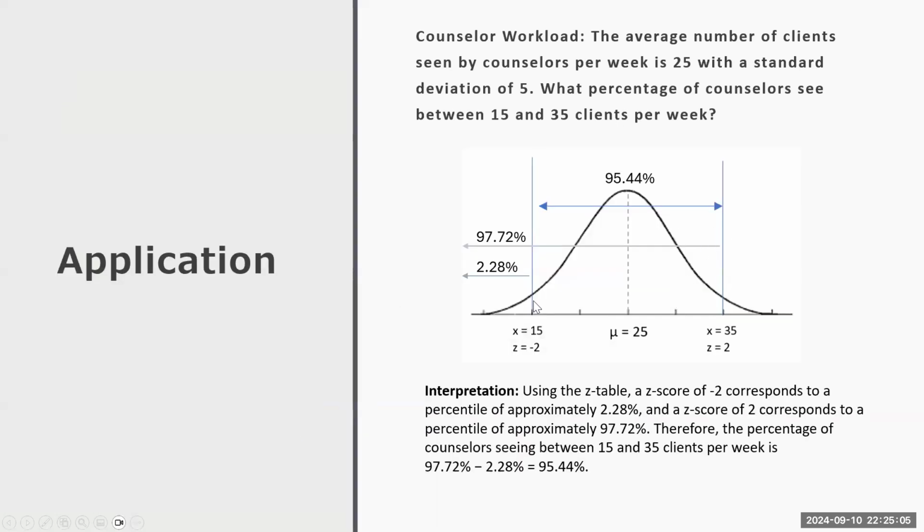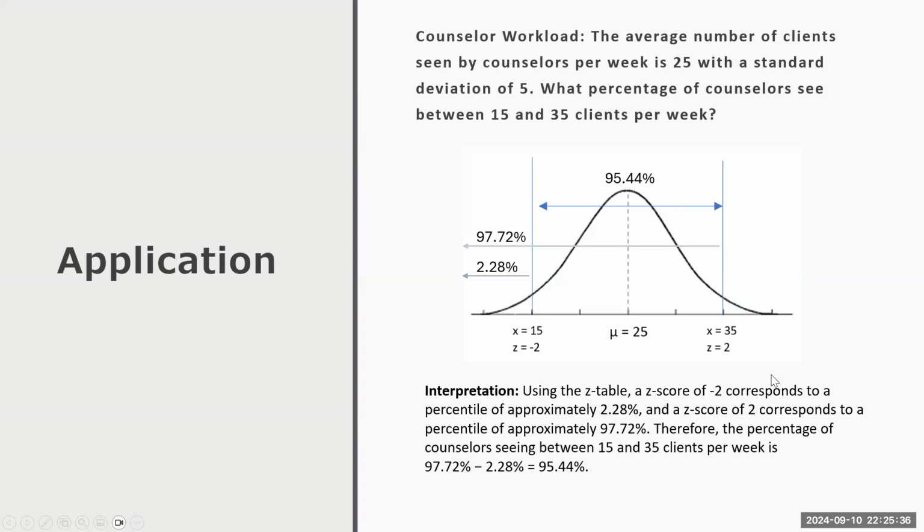When I plot that on my normal bell-shaped curve, I have my numbers here. X equals 35. I know it's at this little marker because it's the second standard deviation, which is aligned with the second z-score. And same thing here. And if I want to do this manually, I plot how much distance or data is included in the z-score of 2, which is 97.72. And for the -2, it's 2.28%. I can subtract those and I end up with